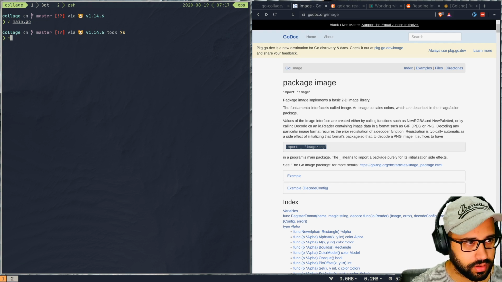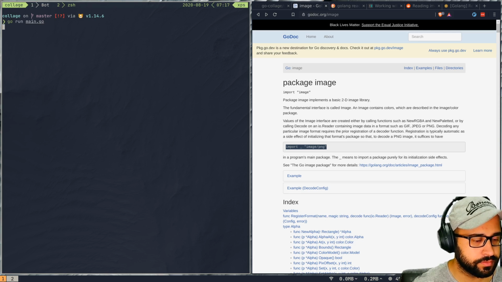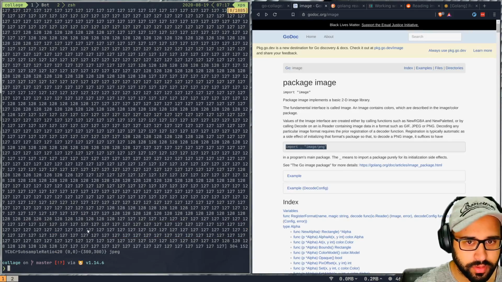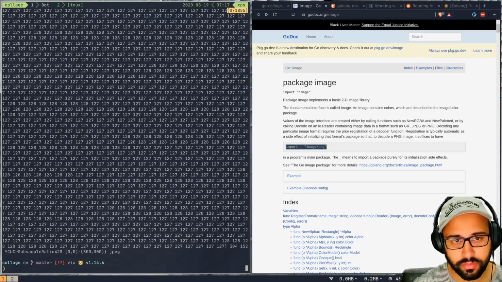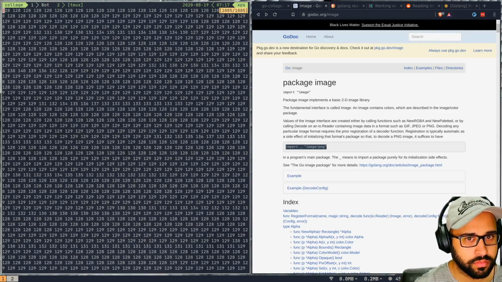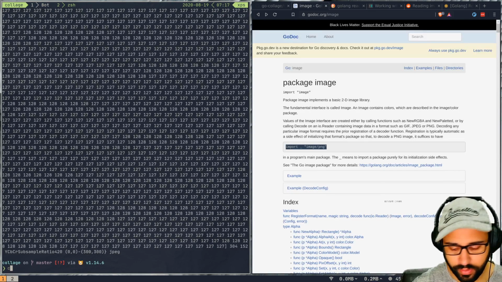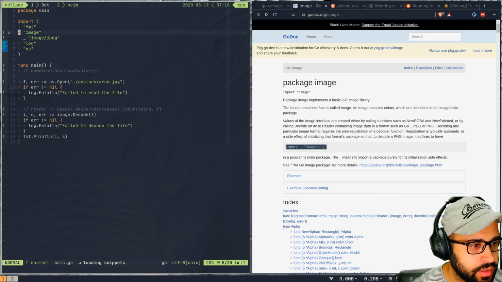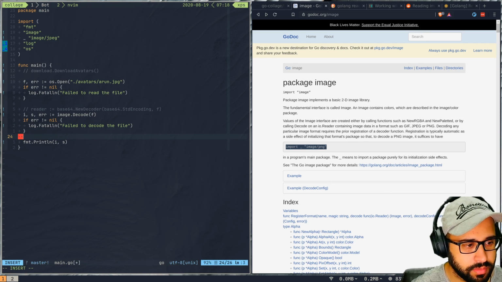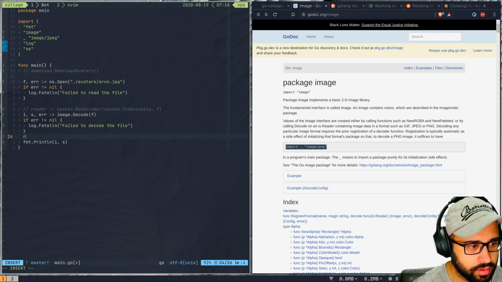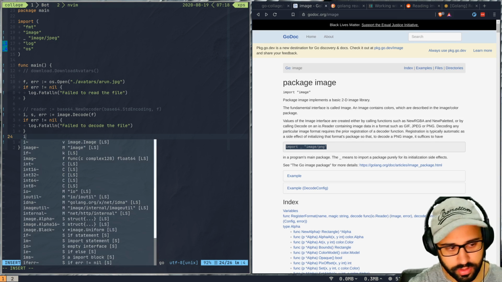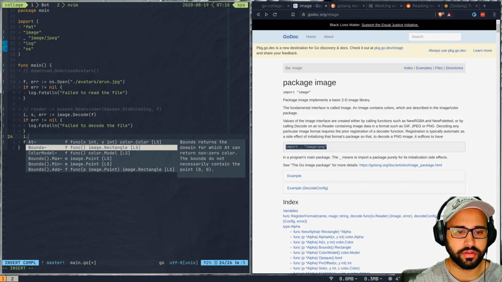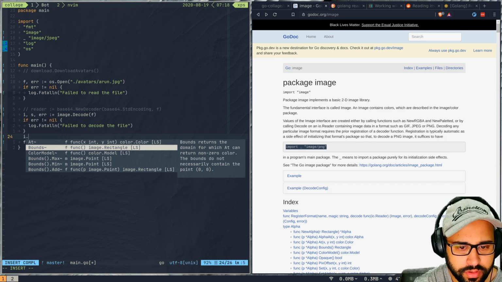So running it again, you see we get the file format. This is the data about the image. Yeah, it's a lot of data there, but what we are more interested in is seeing what we can do with this image. So if I do I, which is an image, where is I? Yeah, we can get the bounds of it, which returns the domain at which